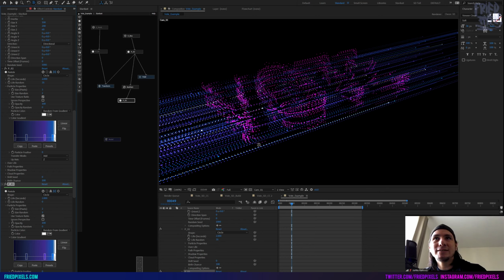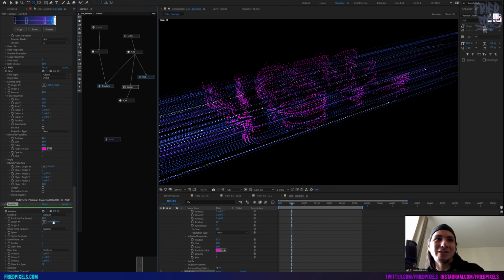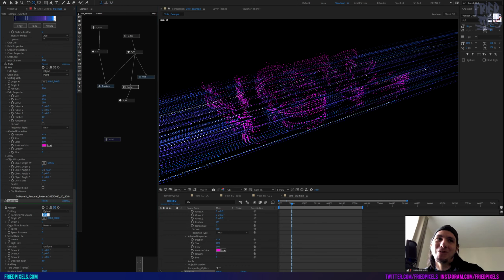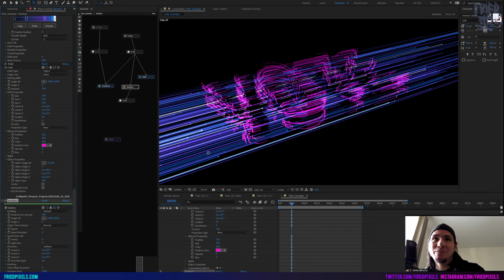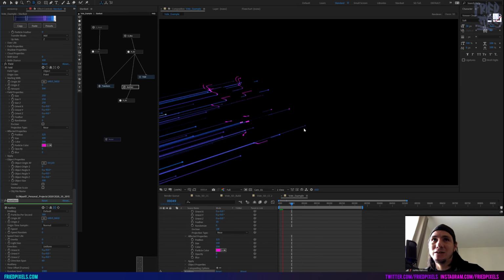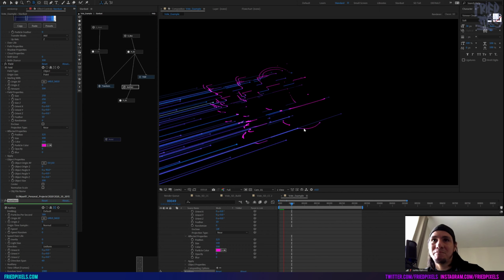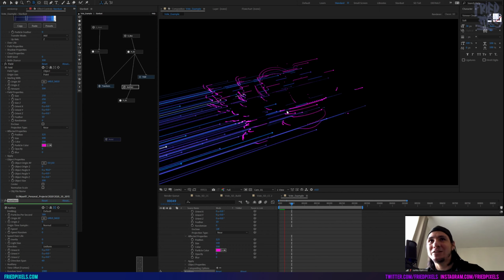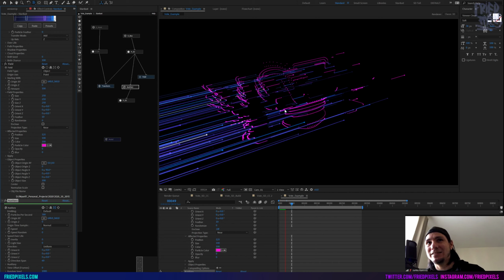So the next thing to look at is density. This is what's going to make it run slower, is how dense you need to make these lines. To do that, under auxiliary, go to the particle amount. You're going to want to increase this to maybe like 300. That's probably going to get you more of a solid line, but at the sake of speed. So if I ram preview this now, it is a bit slower. It's still not bad, but as it starts interacting with that field and text, it definitely takes a hit.